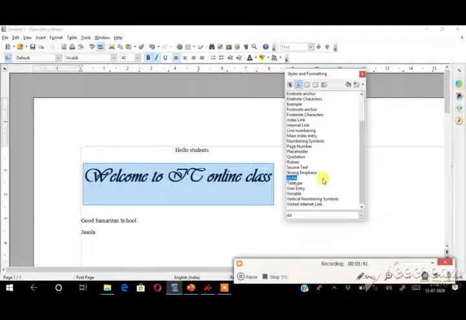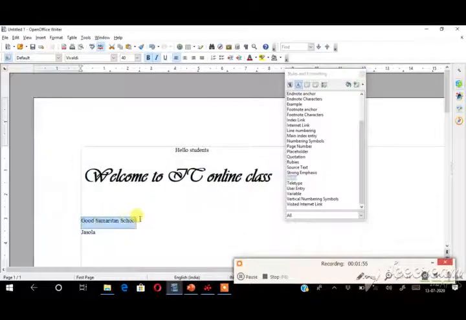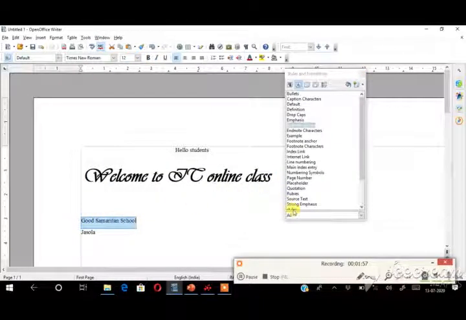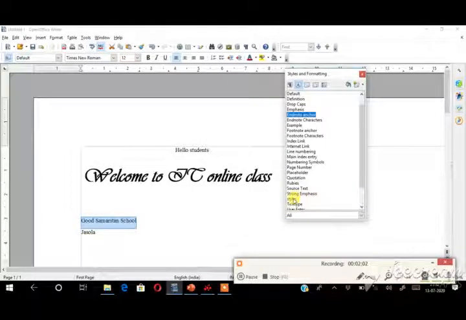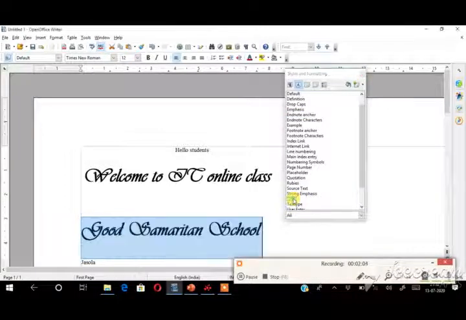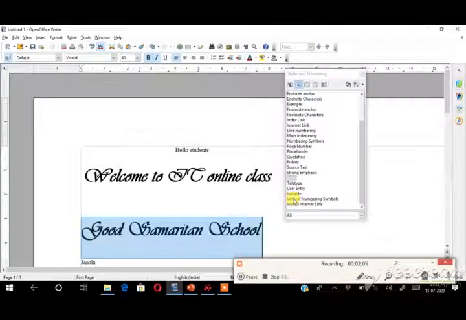So now see, your own style will appear in the Styles and Formatting group. You can apply the style to different text. See here, I am going to apply the style to my text. Select it. See here, this is my style, I already created. You got to double click this one. See, automatically the selected text will change to our own style. See here, this also I am changing.